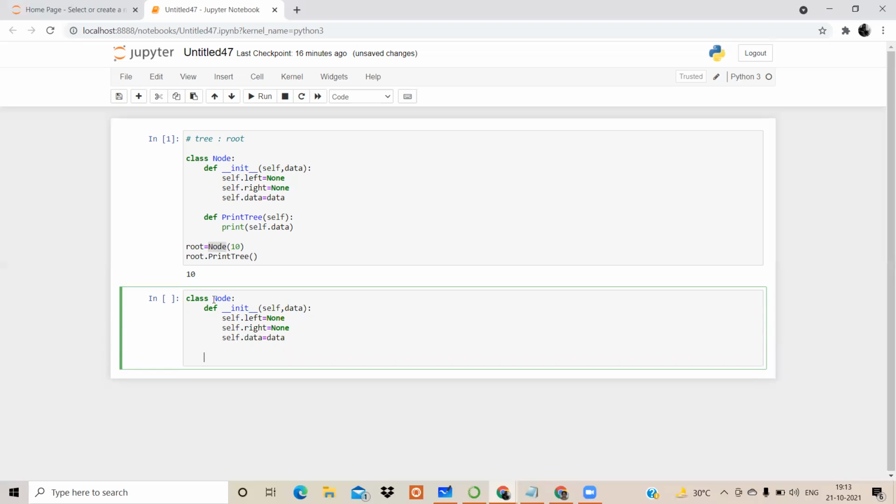Now we have to create another function. I will call that function an insert function. What is the task of this insert function? When the root node is already created, now we want to add some new elements inside the existing tree. So how to do that? We'll take the help of the insert function. The insert function is written inside a class, that's why it is mandatory to specify self.